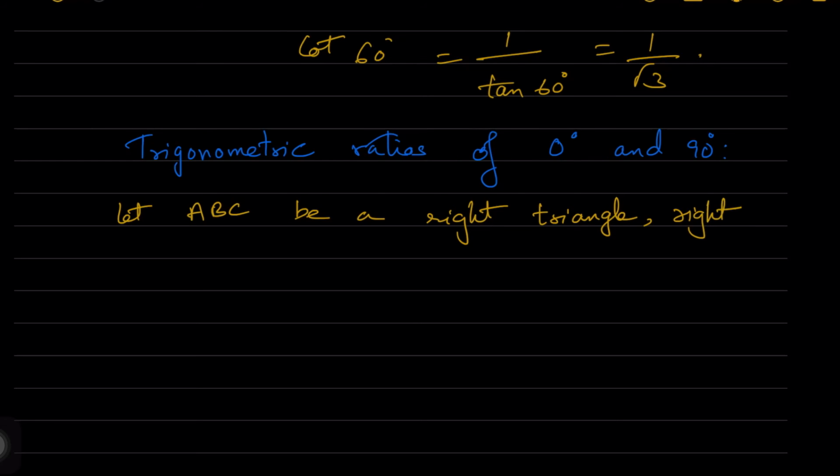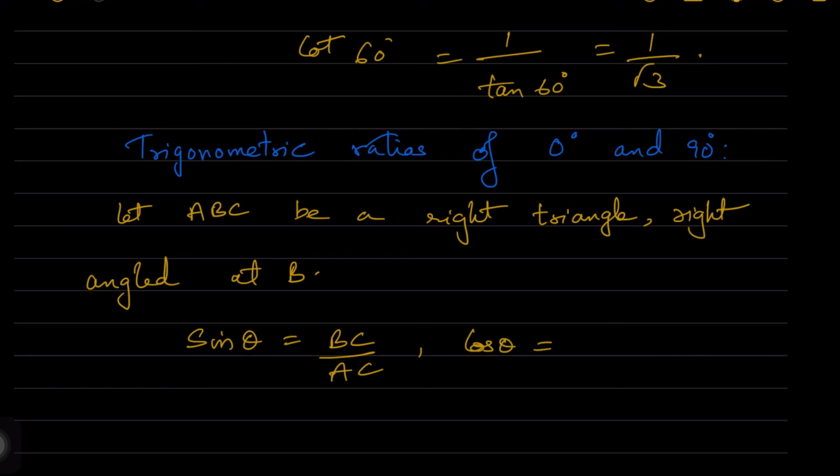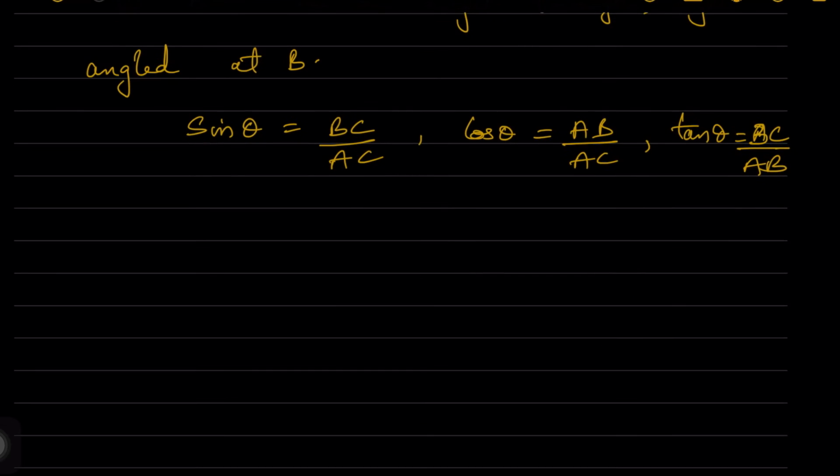So here let ABC be a right angle triangle, right angled at B. The same figure which we considered for finding out ratios of 45 degrees. And here we will be drawing the figure over here also at B. Sin theta is equal to BC by AC, cos theta is equal to AB by AC, and tan theta is equal to BC by AB. If you are taking the first figure,